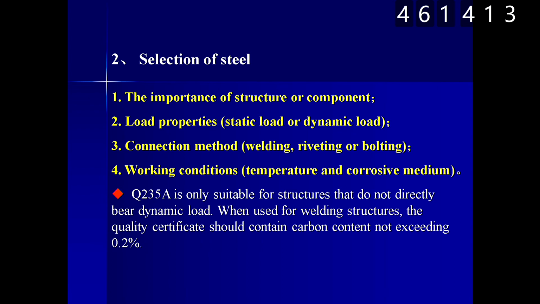If some part is very important, like a joint connection, we will use high strength steel. If some part will allow a large deformation, we will use a different material. This material will be allowed deformation. Okay, this depends on your design, and also the selection of the steel depends on the load properties, like cyclic loading,